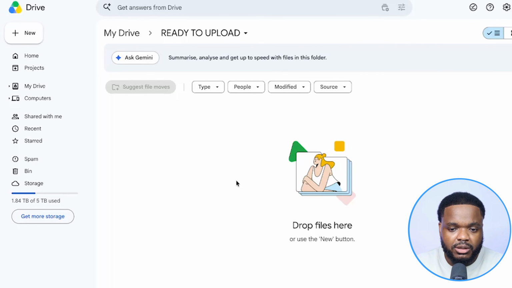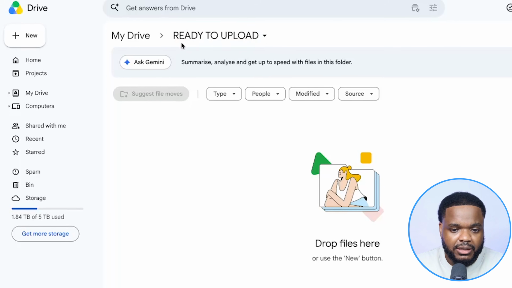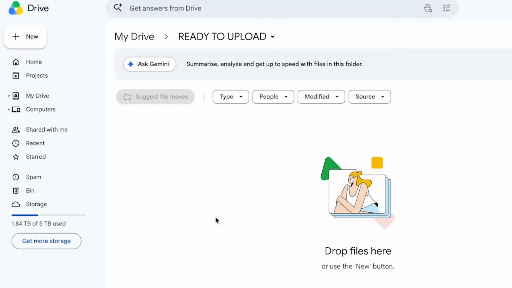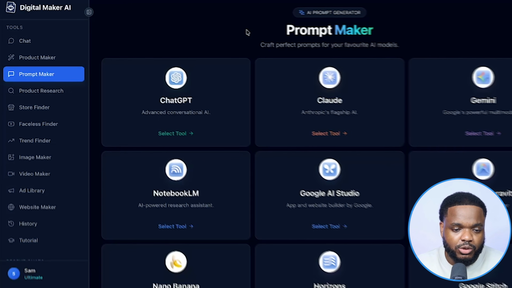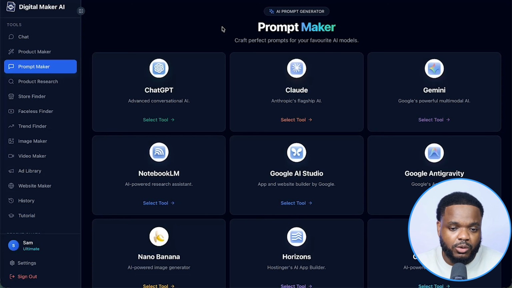The Google Drive folder is going to look something similar to this, something titled ready to upload. You can build up a whole bunch of different videos within a folder so that the make.com automation is going to be able to upload those videos every single day, automatically upload them with the title, description, and the text. And I want to quickly show you what goes into this, because if I go back over to the prompt